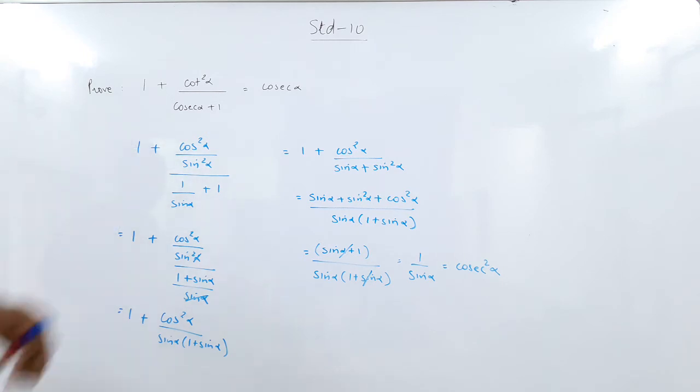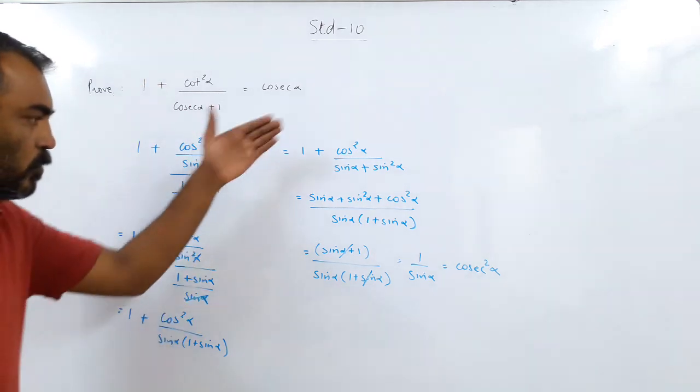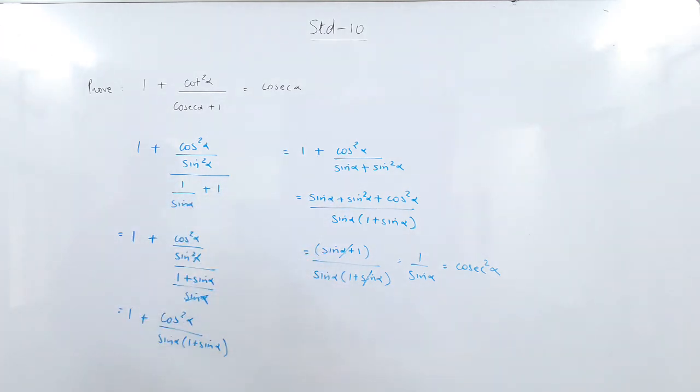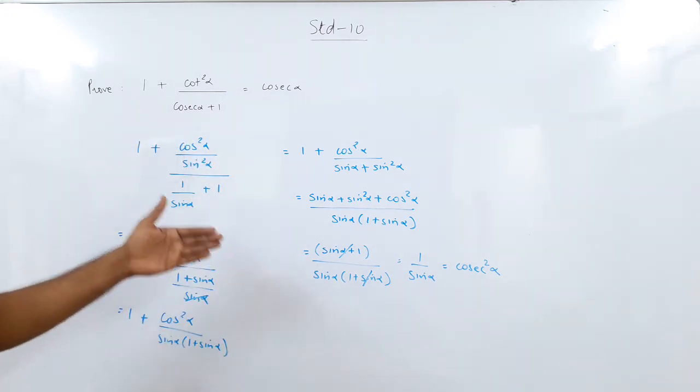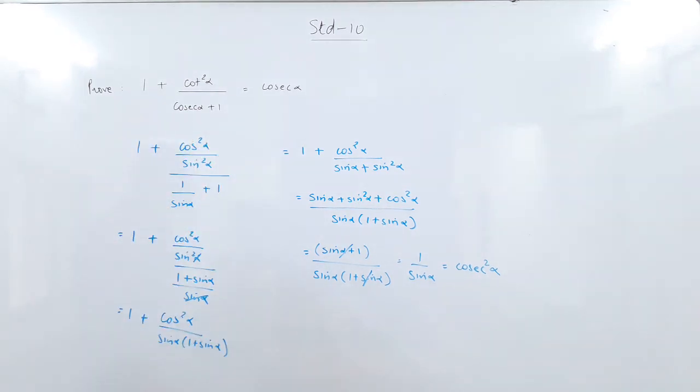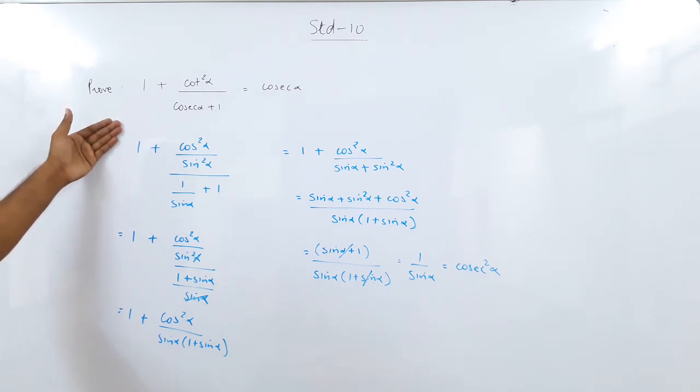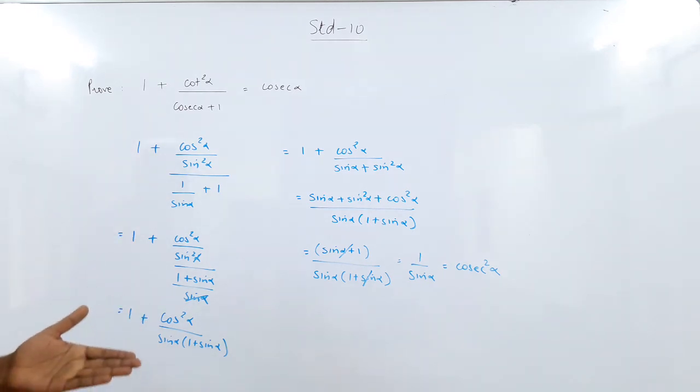So by simplifying this method, turning everything into sine terms, you go through the steps sequentially, you reach your answer. But I will not use this method. If I can do a sum in a simpler method, I would prefer that method. But this is also a correct method. You saw I did everything into sine and cos, and this looks very easy, but it is quite a long method. And it is not necessary that we choose something which is very simple. Sometimes we need to choose logically things which make sense.